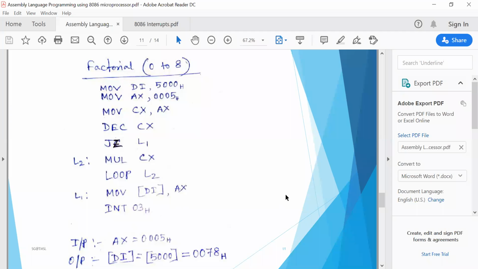Is this clear? Clear up to this much? Yes, sir. So now to find out the factorial of any number between 1 to 8, you have to apply this logic, because in that case there will be no carry, because you need to multiply the numbers in sequential manner. So in multiplication there may be a carry, means more than 16-bit number can be there. Okay, in that more than 32-bit is there.